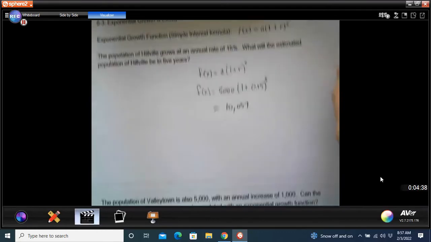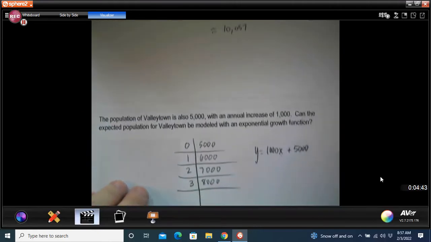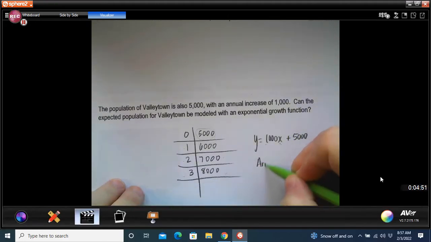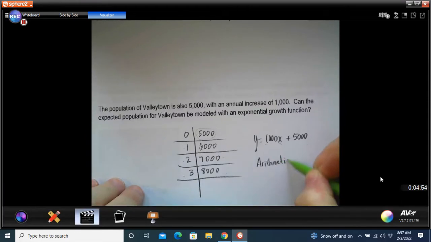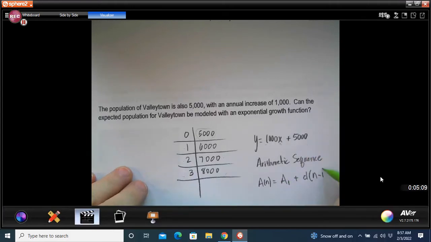And so what we have up here is an exponential model. And that's really what we're working with. But they do want us to be able to identify between the two. And what we have down here is a linear model. In fact, remember back to it, we could title this arithmetic sequence, where the explicit formula is a of n equals a sub 1 plus d times the quantity n minus 1. And if I plug in my information, come up with that same